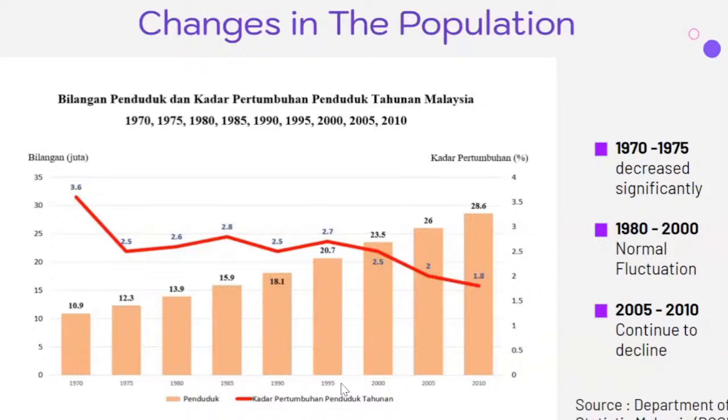However, at the beginning of 2005, the population growth rate continued to decline after the year 2000. This is because in May 2004, the Malaysian government began to talk about tightening the rule and procedure for hiring foreign workers. Of course, we all know that at that time, the entry of foreign workers into Malaysia was one of the factors to the increase in the total